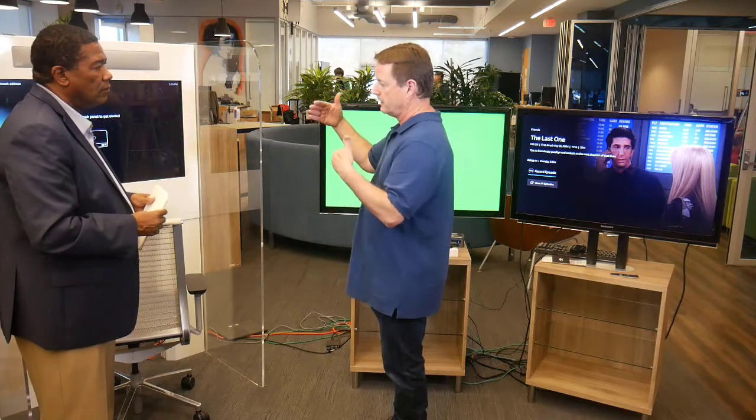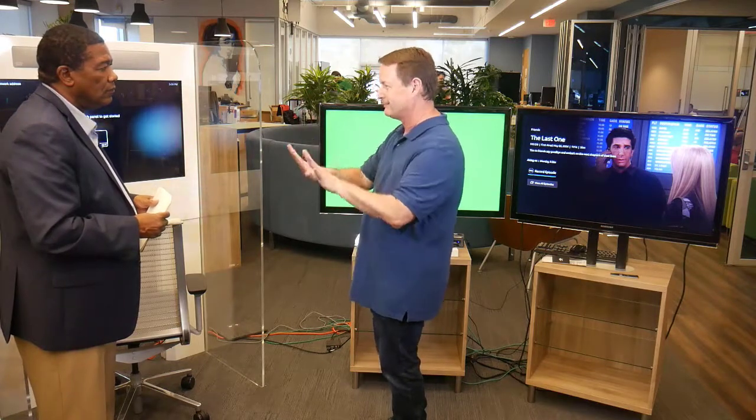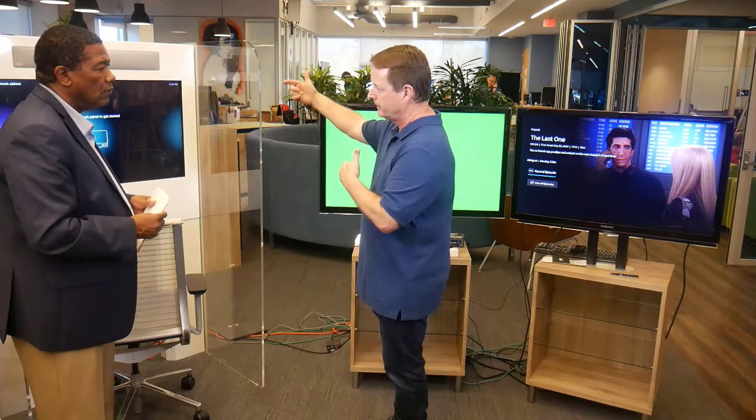So how can 5G technology help with respect to things like telepresence? So one of the things that 5G brings to these solutions that's new and improved over what you would get with some of the other Gs is two things. One is the technology itself has a very low latency. It takes very little time for information to flow over the air. So things that look laggy or behind when you do these kinds of video presence sessions go away basically, because the speed at which the data is going over the air is quick enough to remove that jitter and lag. The other is 5G can be tuned for having more upload than you typically would get